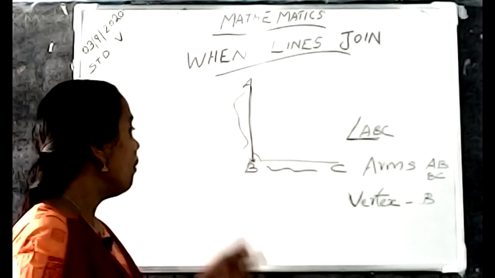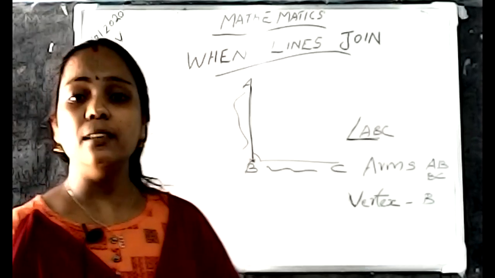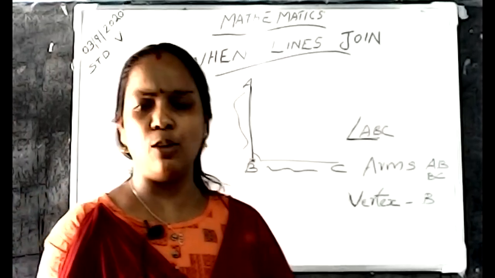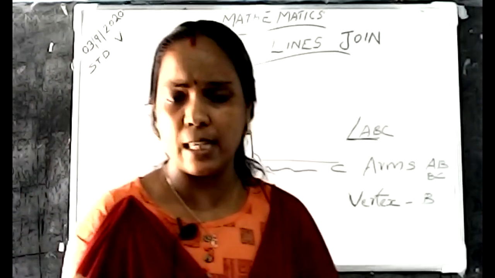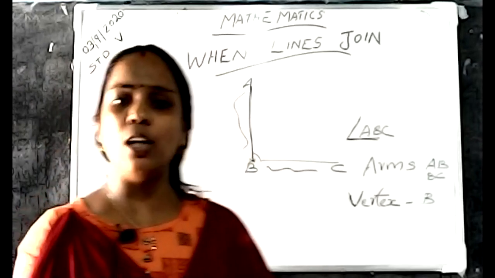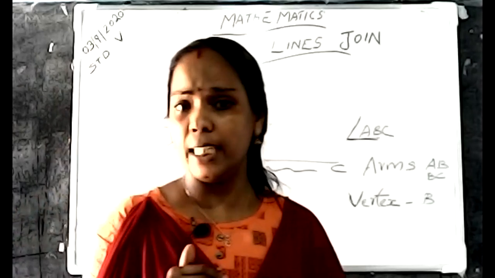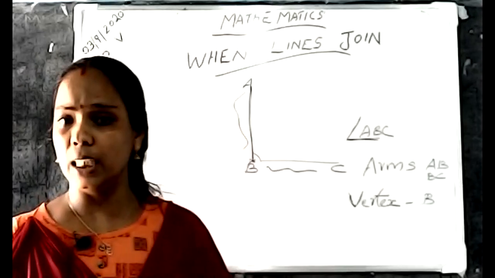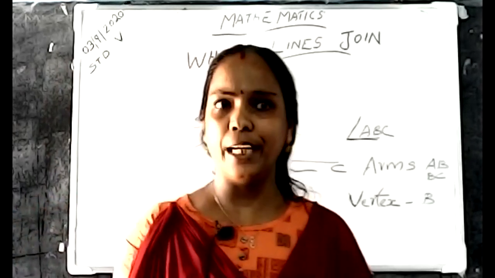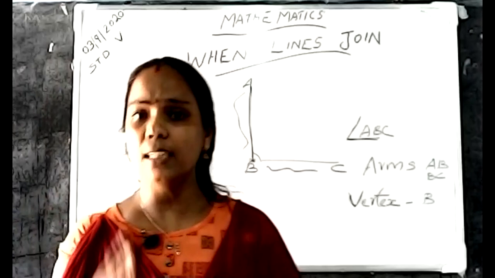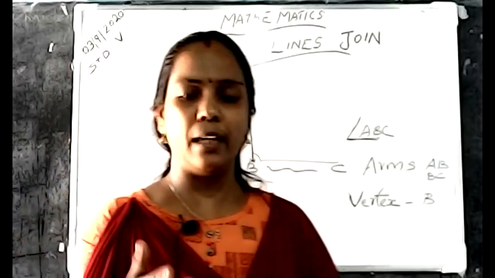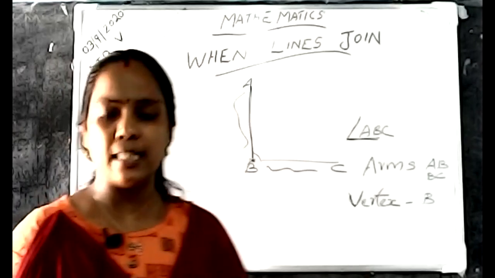Next one. Angles are divided into three types. Which are the three types? One angle is 90 degrees. That you already studied, we are only revising. What is a 90 degree angle? A right angle. Below 90 degrees is called an acute angle. Above 90 degrees is called an obtuse angle. Here there is no need for that, but you study that related to angles. That is also to be remembered. That's why I told you these items were already studied.